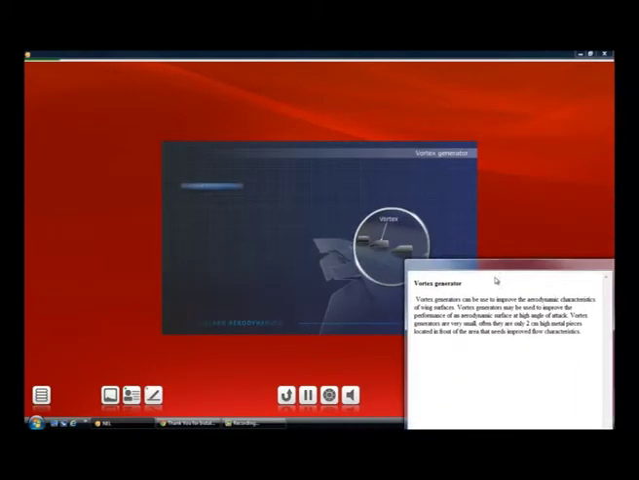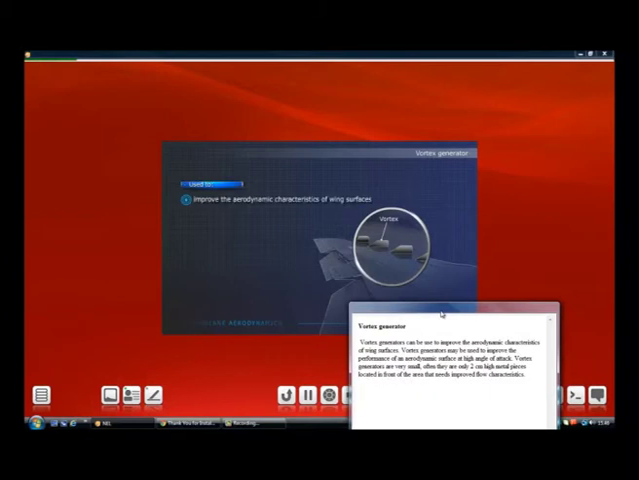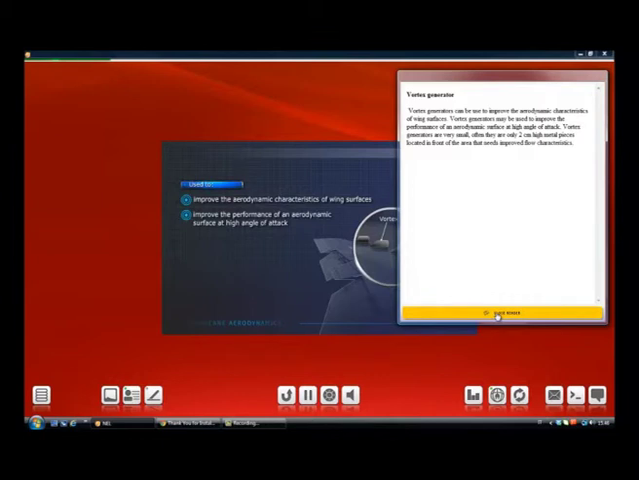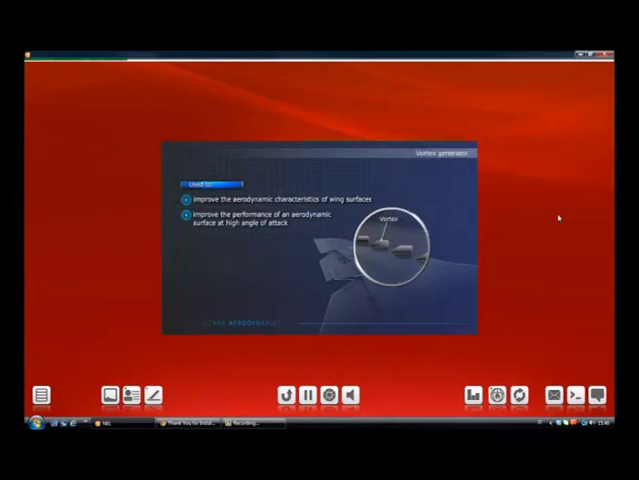Vortex generators can be used to improve the aerodynamic characteristics of wing surfaces, and to improve the performance of an aerodynamic surface at high angle of attack. Vortex generators are very small, often only 2 centimeters high metal pieces located in front of the